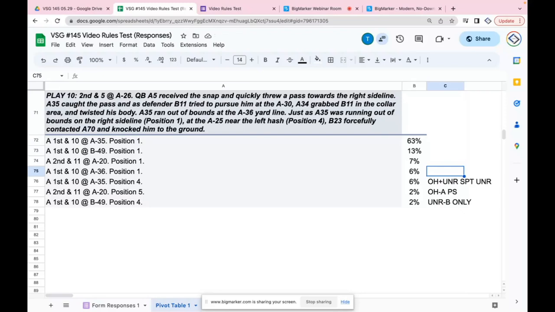Wait a second. Is this a dead ball foul? No, we didn't talk about that. But even if we do make it a dead ball foul, we can't go back to the spot of the foul to enforce a dead ball foul. The spot of B's foul, just think about the 3-and-1. Other than DPI with less than 15 yards, the spot of B's foul never matters.